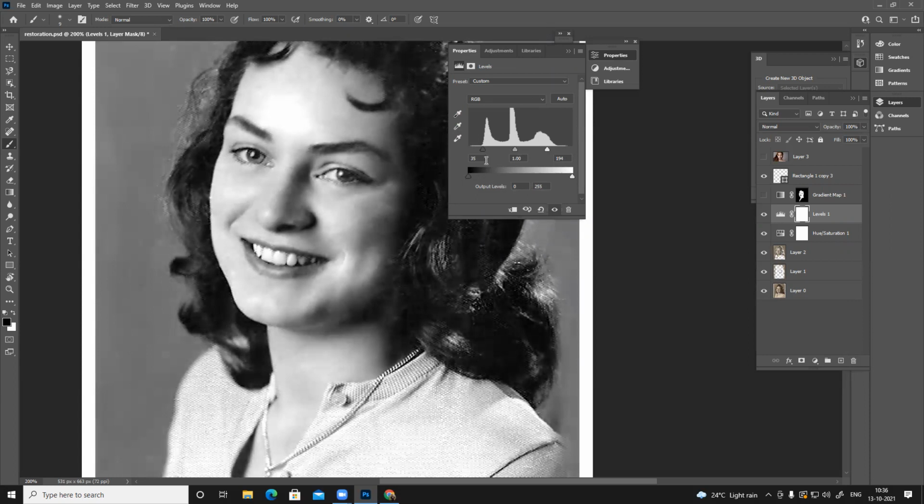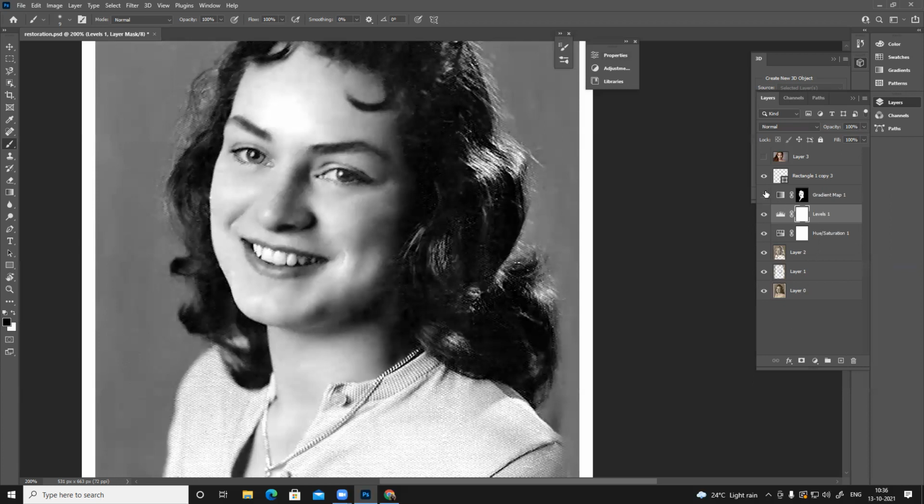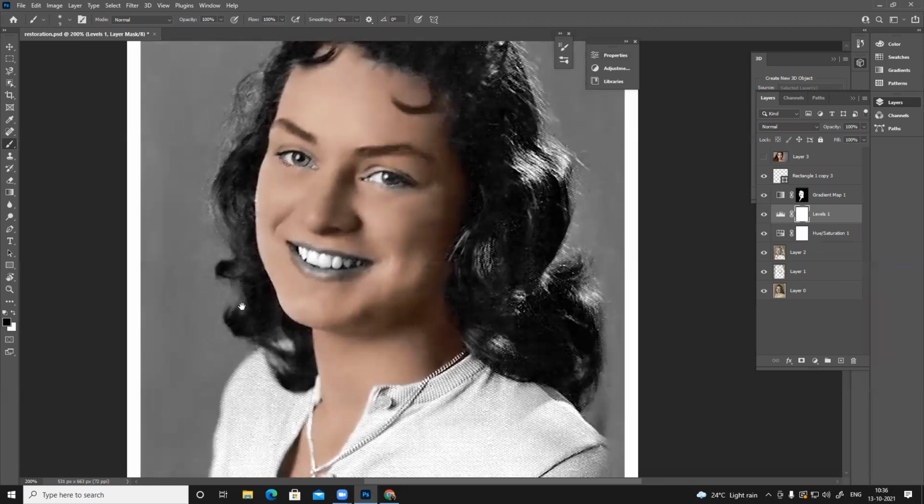Or if you are having difficulty moving this, click here, scroll, increase, decrease. Yes, the contrast also, you have a separate option for that. Let's say brightness contrast. You can use any one of them. Suppose you want to add some brightness or increase the contrast, you can use this. You can use curves. You can use exposure. All these options are there. So click on this. So I have more contrast here.